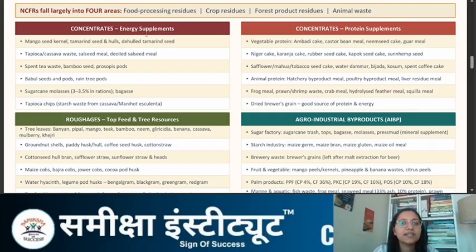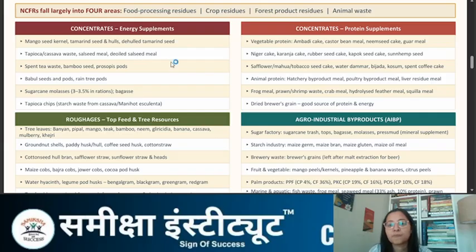In the case of energy supplements, the concentrates, these can be classified as concentrates providing energy supplements and concentrates providing protein supplements. Then for roughages, top feeds and tree resources or agro-industrial byproducts. So starting with the concentrates, the mango seed kernel, tamarind seeds, basically TDN value will be higher in the case of concentrates as energy supplements. Tapioca, cassava waste, sal seed meal, then spent tea waste, babool seeds, pods,